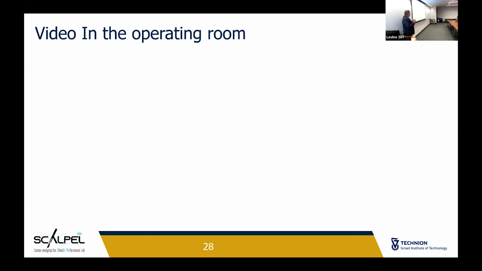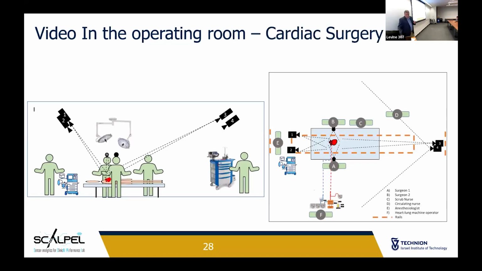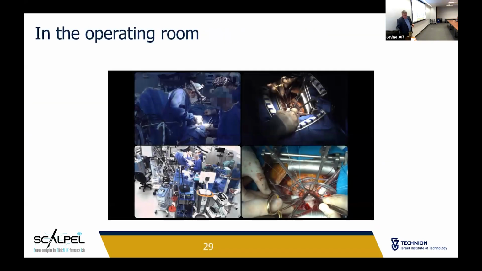Now, once we use video data, not just sensors, we can start to enter the operating room with this video data. And we actually installed cameras in 2 operating rooms in Israel. One is open heart surgery. So this was our initial setup. Our assumption was that the heart is pretty much in a fixed position relative to the table, and with several cameras, we can focus both on the heart as well as the room. And the sample of the data looks like this,